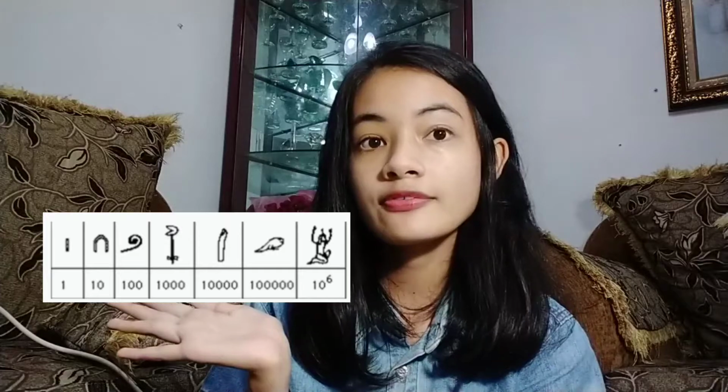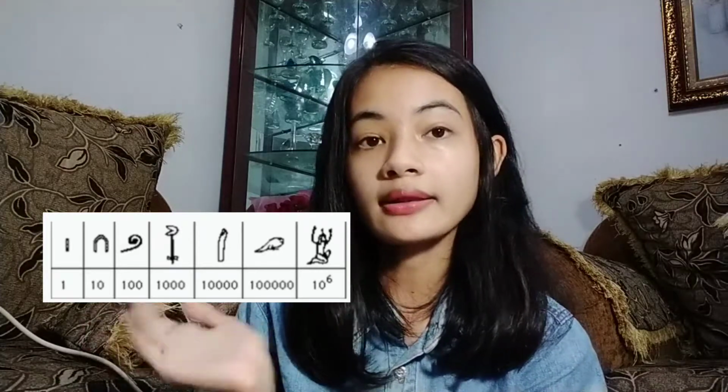And then the Egyptians had a base 10 hieroglyph number system. This means that they had separate symbols for units, tens, hundreds, thousands, tens of thousands, hundreds of thousands, and millions. You can see the picture of hieroglyphic numbers. For example, to create the number 276, 15 symbols are needed: 2 hundred symbols, 7 ten symbols, and 6 unit